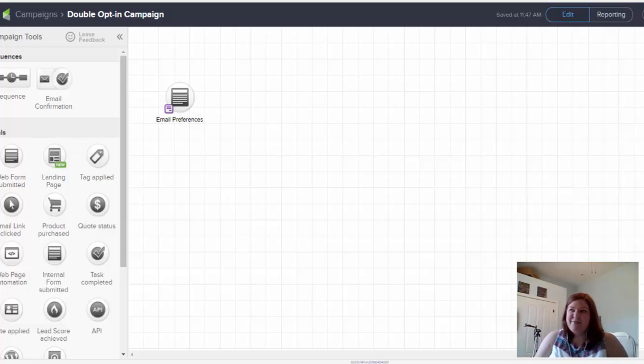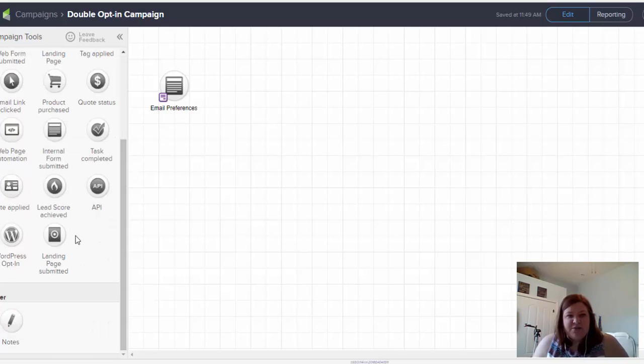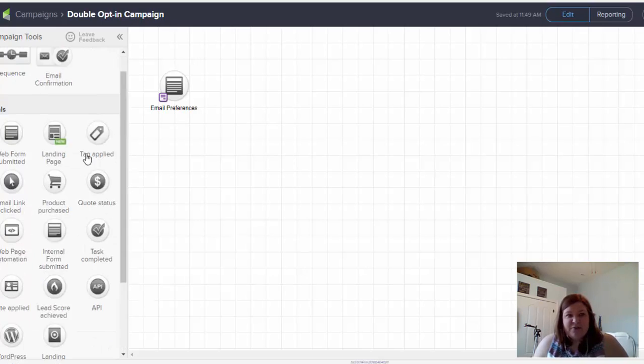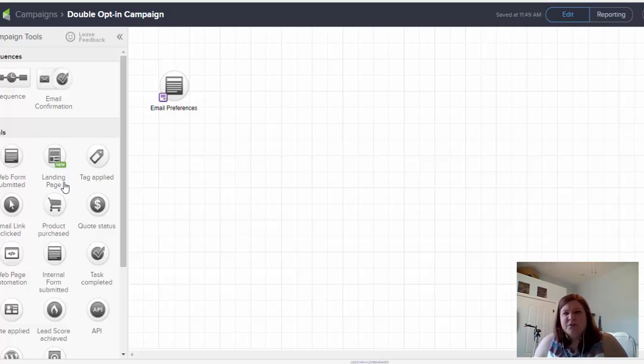So to combat that, we create email preferences pages, and I'm going to walk you through doing that right now. I have a standard double opt-in campaign in my app, and I use this. So you could easily use a web form submitted, you could use a landing page submitted, or you could probably eventually use the new landing page builder. I wouldn't necessarily use the new landing page builder for this specifically yet, but as the new landing page builder becomes more robust and better,